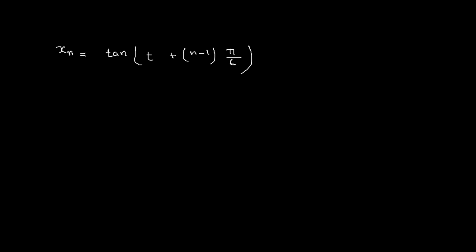And we know one thing, that the period of the tangent function is pi, which means that tangent of t plus n minus 1 times pi over 6 is the same as tangent of t plus pi plus n minus 1 over 6 times pi,